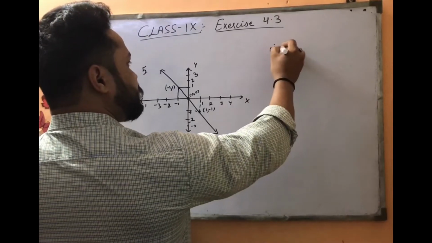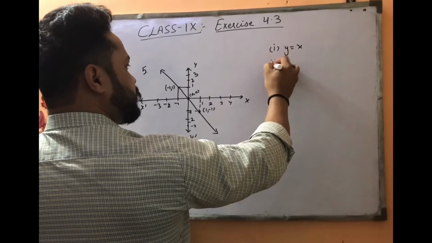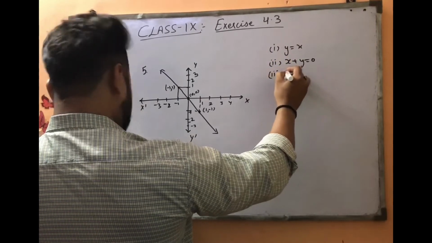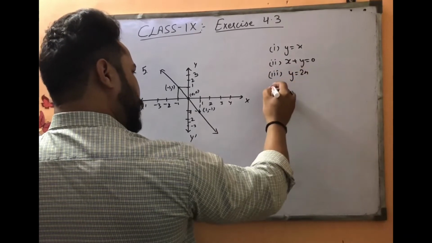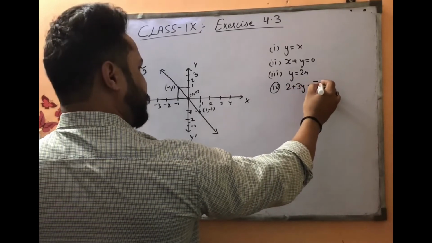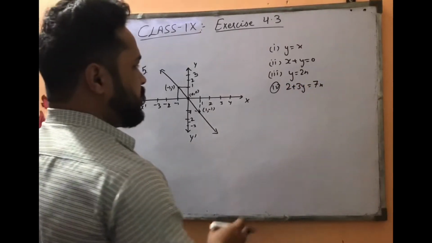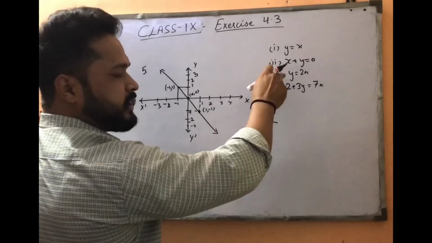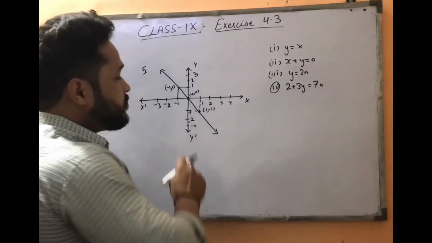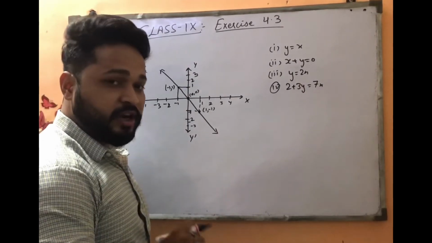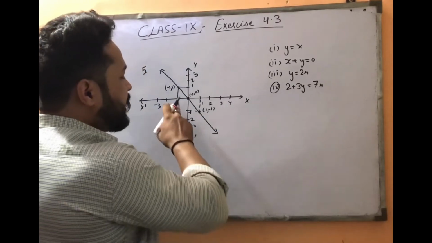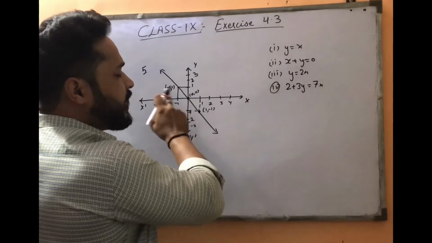The first option is y equals x. Second option is x plus y equals 0. Third option is y equals 2x, and fourth option is 2 plus 3y equals 7x, and you have to check which one of the linear equations is the correct option for this graph. As we know that all the points on the graph on a straight line are the solutions of the linear equation. Okay, तो अगर आपके पास यहाँ पे 3 पॉइंट्स गिवन है